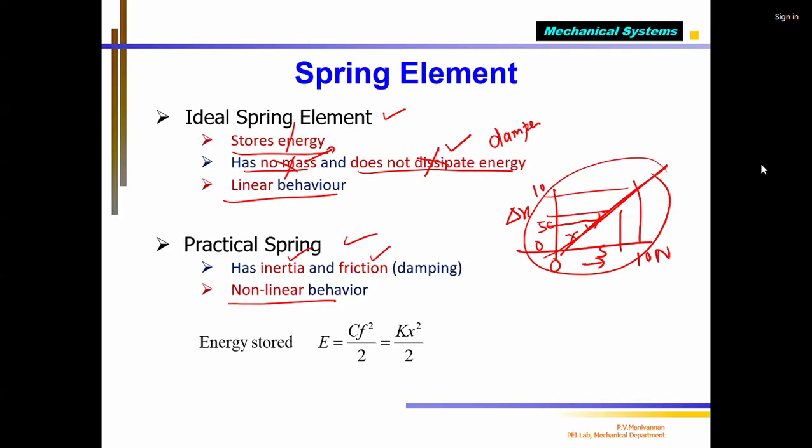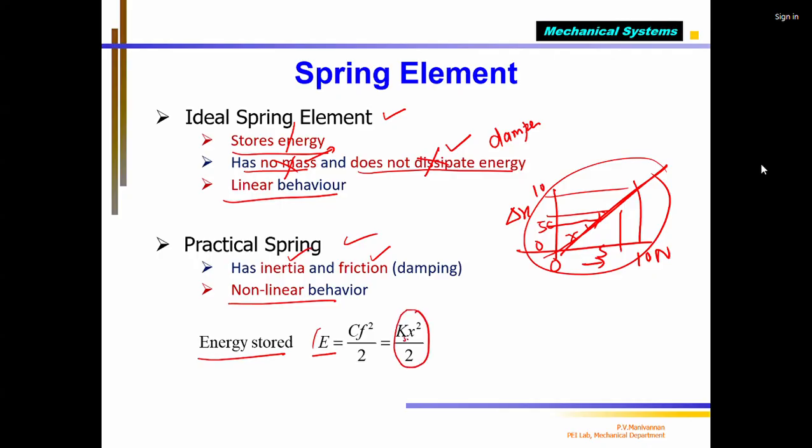displacement, correct? When I change the force from 0 to 10 Newton, delta X will vary from 0 to 10, only for a certain linear region. Beyond that, it won't. Then I told you that a spring can store energy. How much energy the spring stores, which is called E, is nothing but F squared by 2 divided by K, which can be written as K x squared divided by 2,